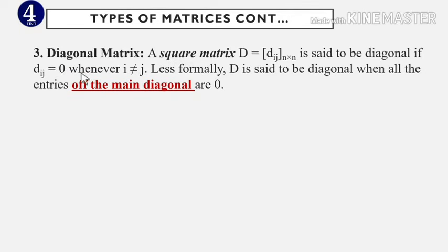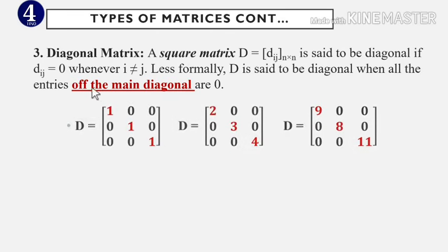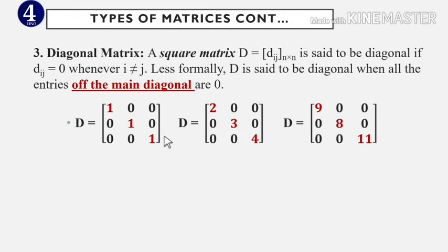dij is equal to 0 whenever i is not equal to j. Remember, i እና j እኩል ያልሆኑበት በሙሉ ዜሮ እናደርጋለን and that is ዲያጎናል ማትሪክስ ይባላል። ዲያጎናል ማትሪክስ ባጭሩ ኦፍ ዘ ሜን ዲያጎናል በማትሪክስ ውስጥ በዲያጎናል መስመሩ ውጪ ያሉ ኦፍ የምትለው የምታመለክተው እሷ ናት። They are all zeros ማለት ነው። ኦኬ ይሄ ዲያጎናላችን ነው፣ ይሄም ዲያጎናላችን ነው፣ ይሄም ዲያጎናላችን። ከዚህ ዲያጎናል ውጪ ያሉ